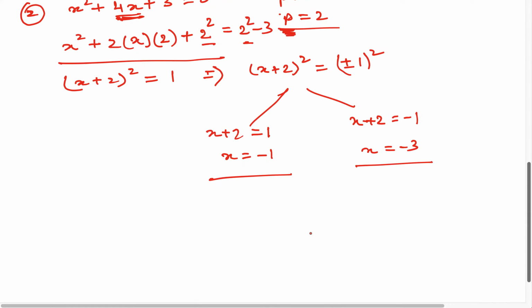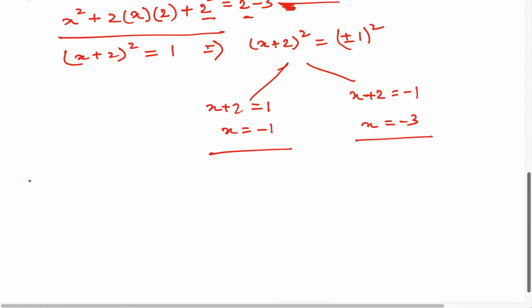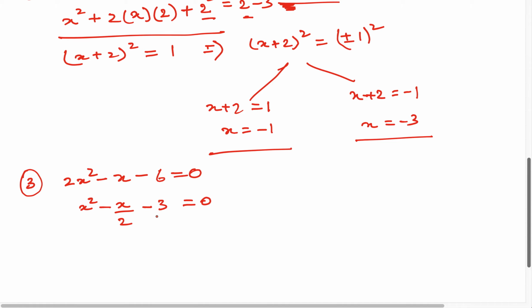Let us take a slightly more complicated example, something that we have already done via factorization and the formula, which is say 2x square minus x minus 6 equal to 0. If you have to solve this question, then the first thing you should always do is get rid of the coefficient of x square. How do you get rid of it? By dividing everything by 2. x square minus x by 2 minus 3 equal to 0. Also take this term to the RHS, so it becomes x square minus x by 2 is equal to 3. Now we have to solve this.